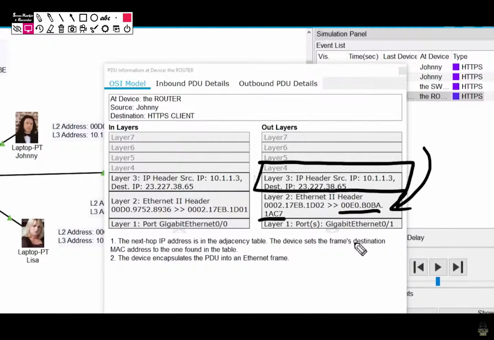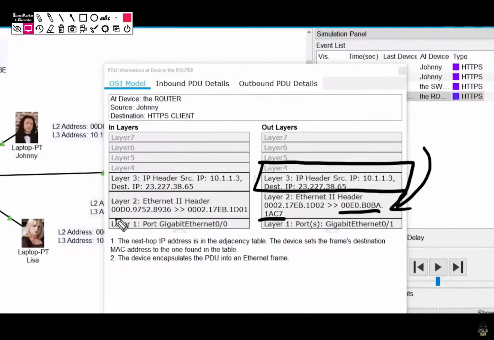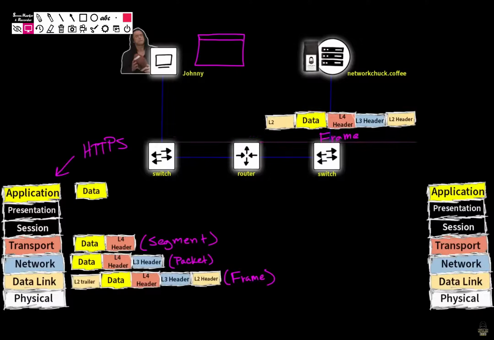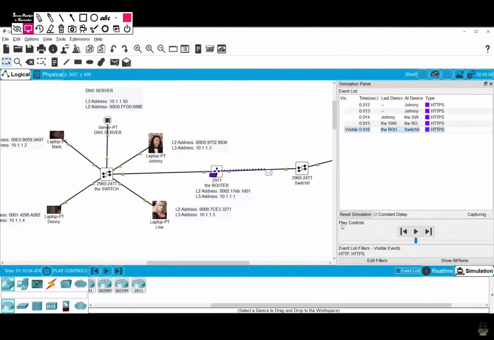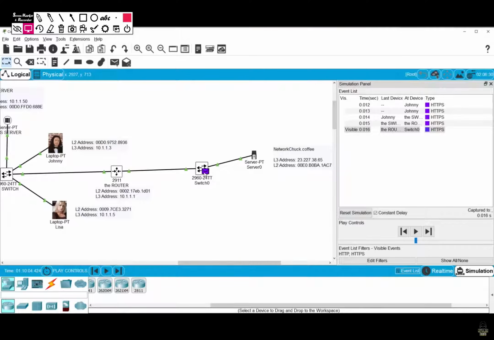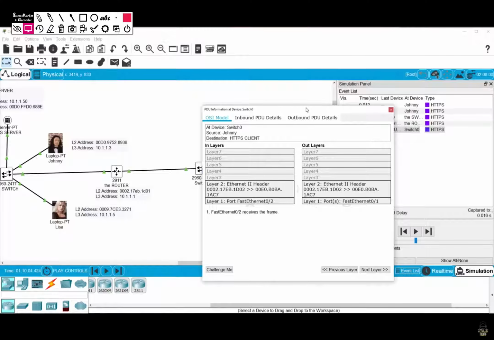And he changed the source and destination MAC address. And he had to change it because before, in the message he received, the source MAC address was Johnny and the destination was himself. Now he has to change it to the source being himself and the destination being networkchuck.coffee. So he encapsulates that, it's now a layer 2 frame, and he sends it up to the switch. We'll step forward in time in Packet Tracer here. The message arrives at the switch. If we open that up, here we are again, switch eyes. We can only see